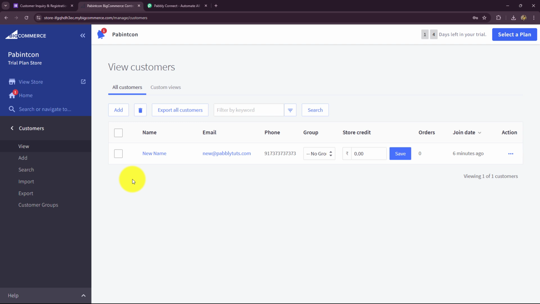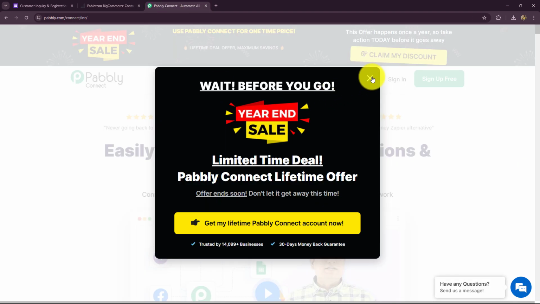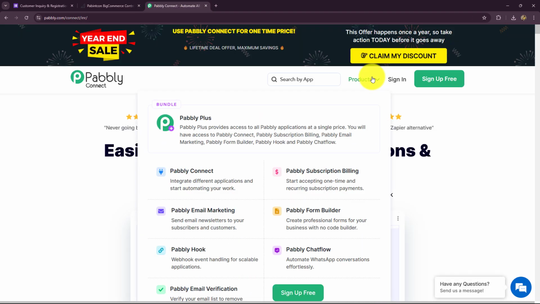Now, to automate this entire process in such a way that as soon as the form is submitted by a new customer, that customer will be added in BigCommerce with all their details, we will have to set up a connection between Google Forms and BigCommerce. And for creating this connection, we are not going to use any kind of coding or programming, but we are going to simply set up this connection with the help of Pabbly Connect, which is an amazing automation and integration